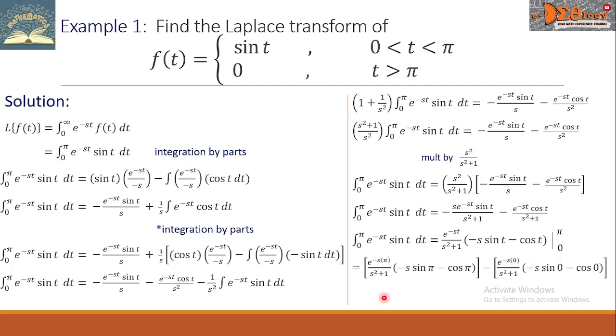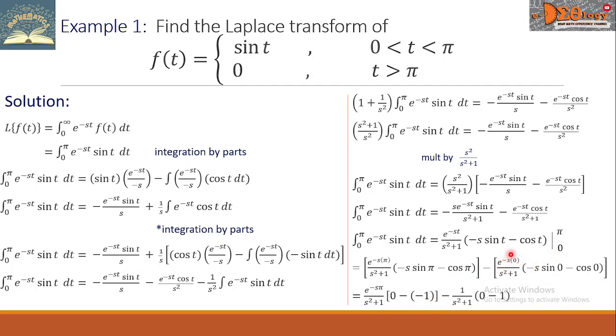So we have here the two groups. The first group is this function evaluated with respect to pi, minus the second group is this function evaluated with respect to 0. Then let us simplify some terms. On the first group, let us copy this fraction, and this sine pi is simply 0, that when we multiply it by negative s, it becomes 0, minus the cosine pi is negative 1, minus, for the second group, this